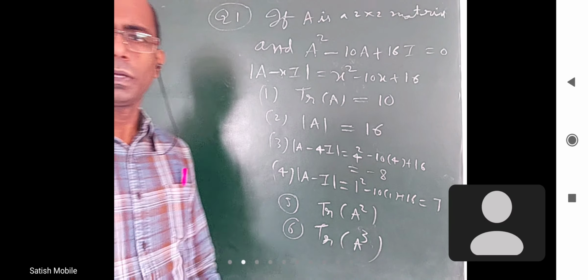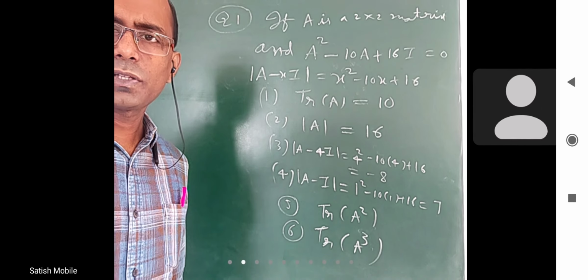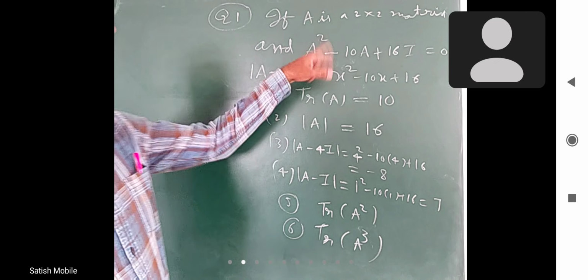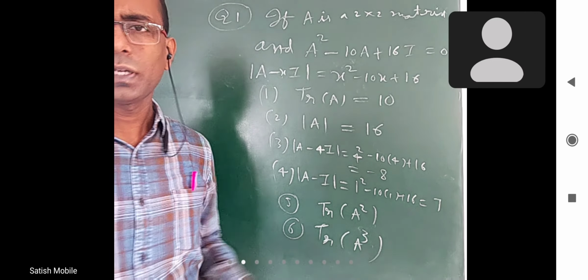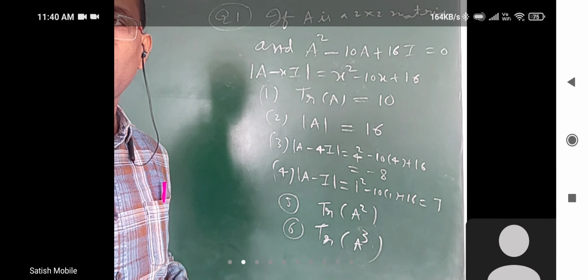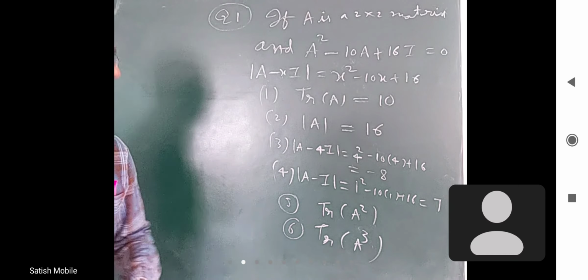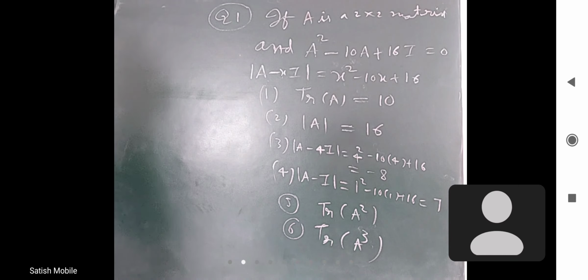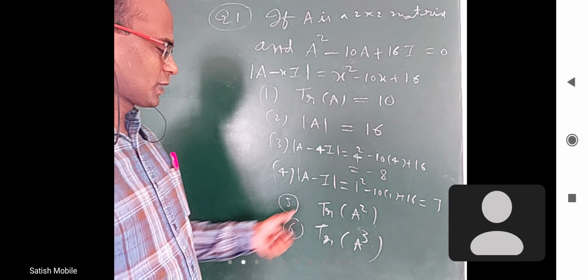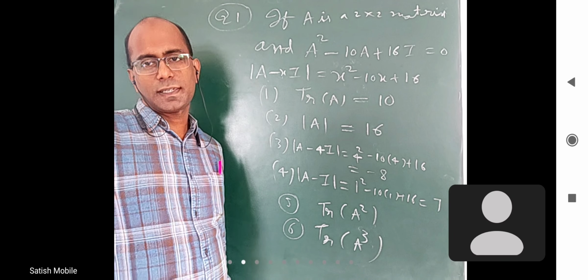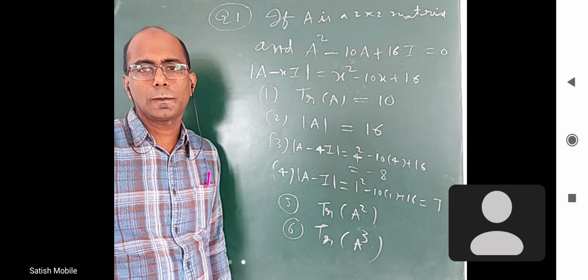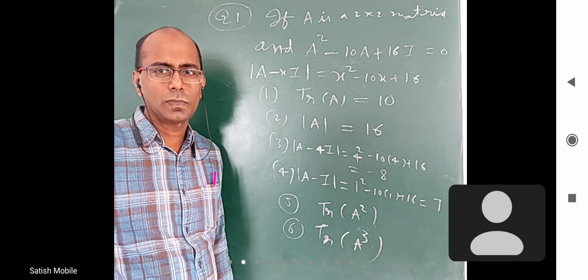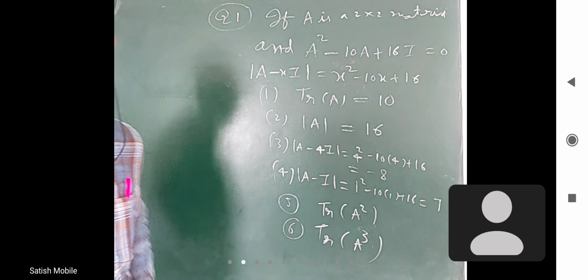Okay. So without Cayley-Hamilton theorem also I would have done this. I would have taken a, b, c, d and substituted here. I will get trace and determinant and all. But because we already did it. Okay. Let us see if somebody can give an idea for 5th or 6th question. Either. Yes, please tell.